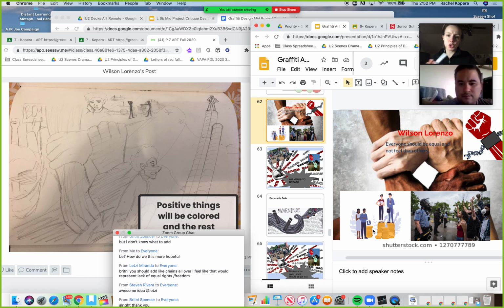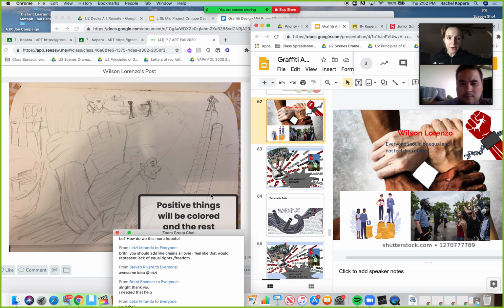Now, on your digital draft, the coins are down below. But on your pencil draft that's posted to Seesaw, you have the white man higher on the coins. Yes. Why did you make that change in layout? Well,